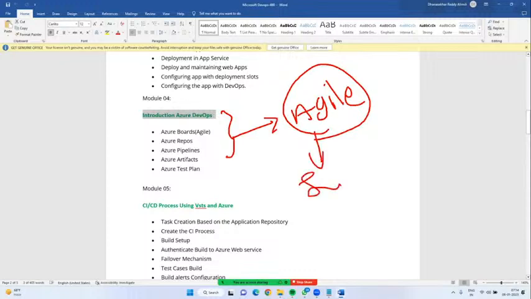When you are studying BTech or MCA, you could see one paper called software development life cycle. You might have heard about the Waterfall method. Earlier we used to implement the Waterfall method. Now every company, every project, they are implementing the Agile model, guys.